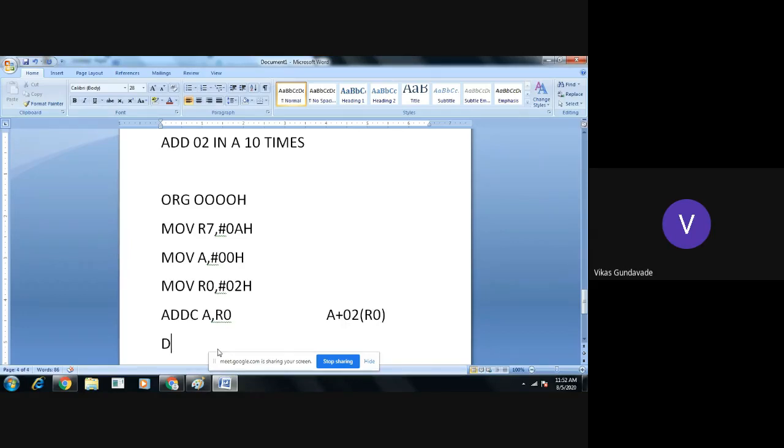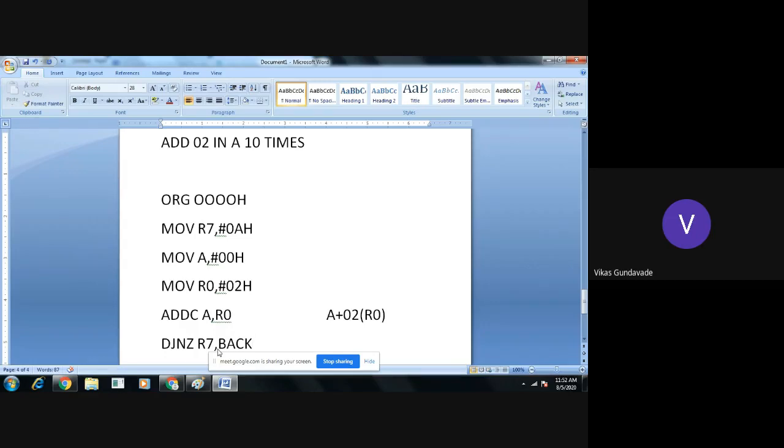For that purpose, I will use the jump instruction with decrement and jump if not 0, DJNZ, on the register I use as counter. So it will be DJNZ R7, comma, and I will give the label as back.